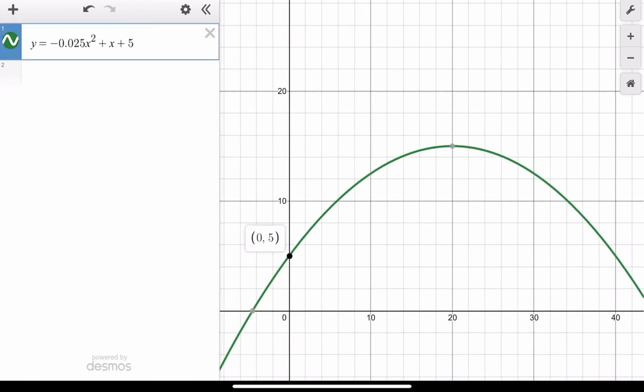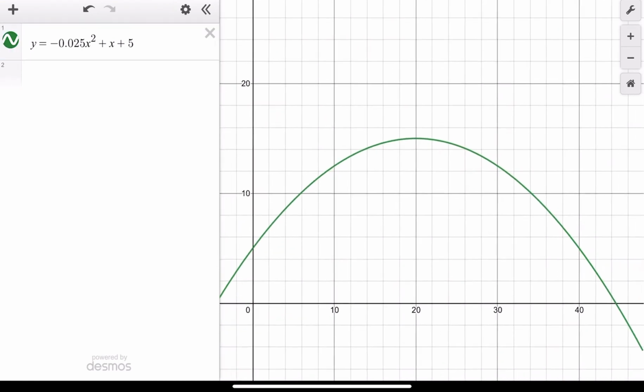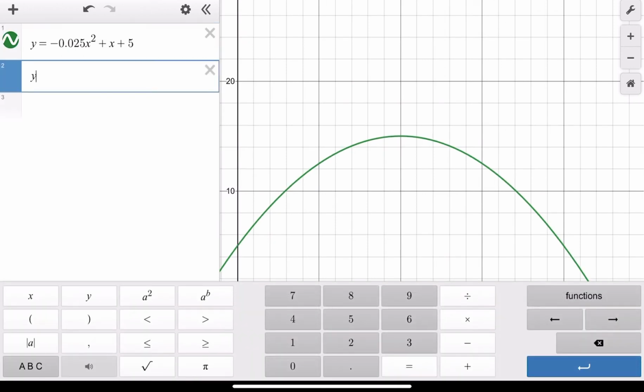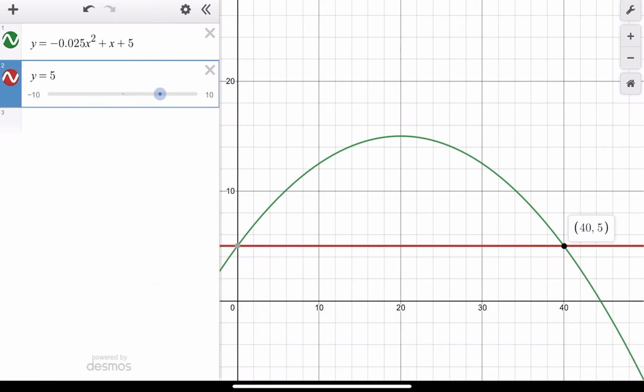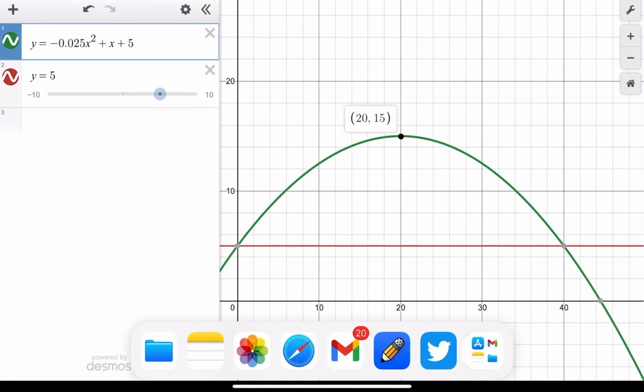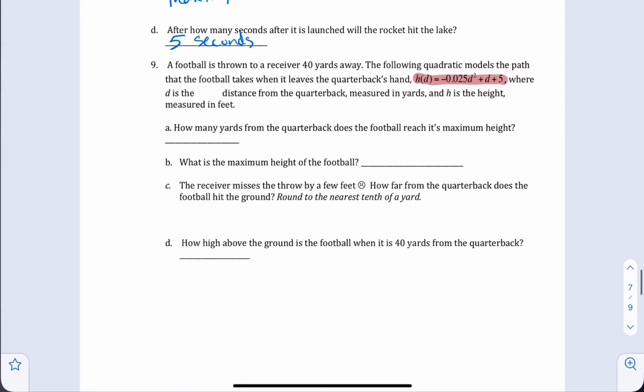So I threw it from this height right here. My receiver catches it 40 yards away. So again, if I have y equals 5, I can see, hey, there's where my receiver catches it. Here's where I threw it. And then there's a maximum value that I'm looking for. The question that it asked is, how many yards from the quarterback does it reach its maximum height? And if I click on the vertex, I can see that it's 20 yards away. So I was right. 20 yards away,